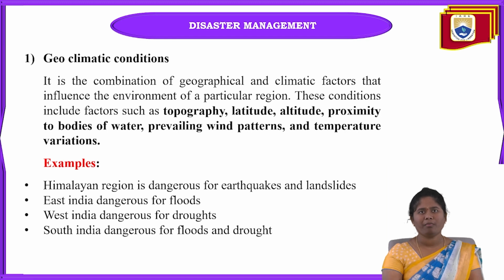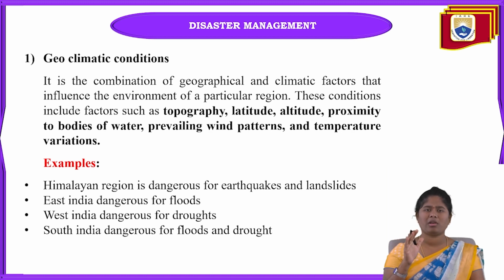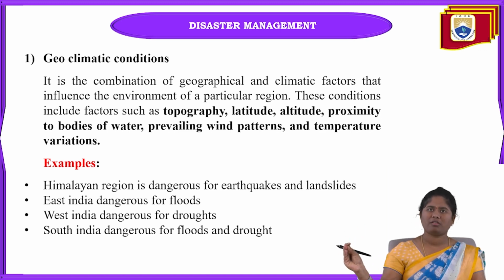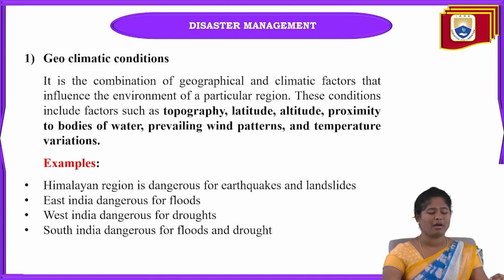I think some decades ago in Tamil Nadu a tsunami occurred. At that time so many hundreds of people died. So in South India floods and also droughts are very heavy. So that's why India is called one of the worst disaster-prone areas. In the northeast, west, and overall regions, some areas are dangerous for floods, some areas are dangerous for droughts, some areas are dangerous for both floods and droughts, and some areas are dangerous for earthquakes and also landslides. Okay, so because of this topography, latitude, altitude, these are all the factors that are affecting these areas. Okay, and how these are going to be affected